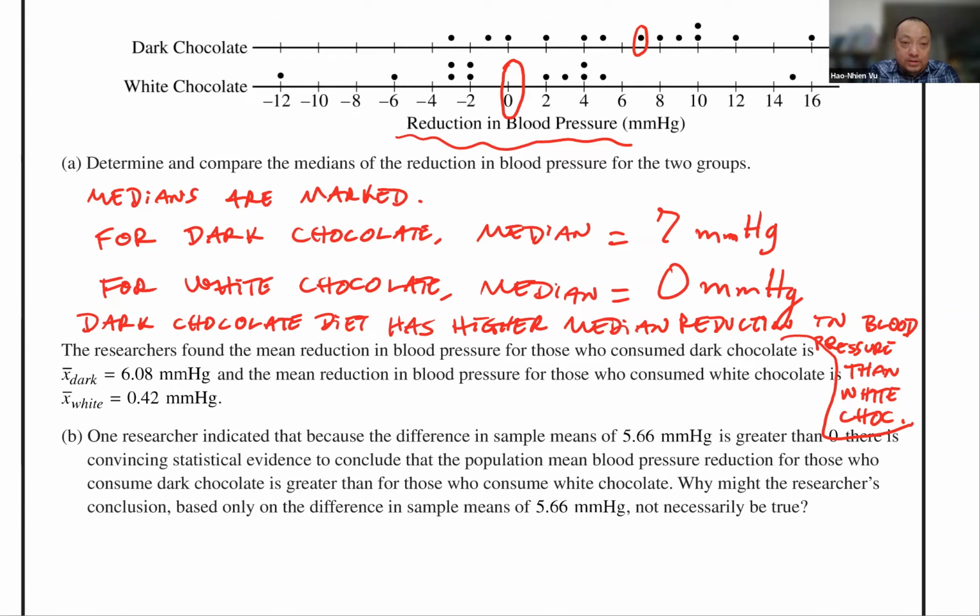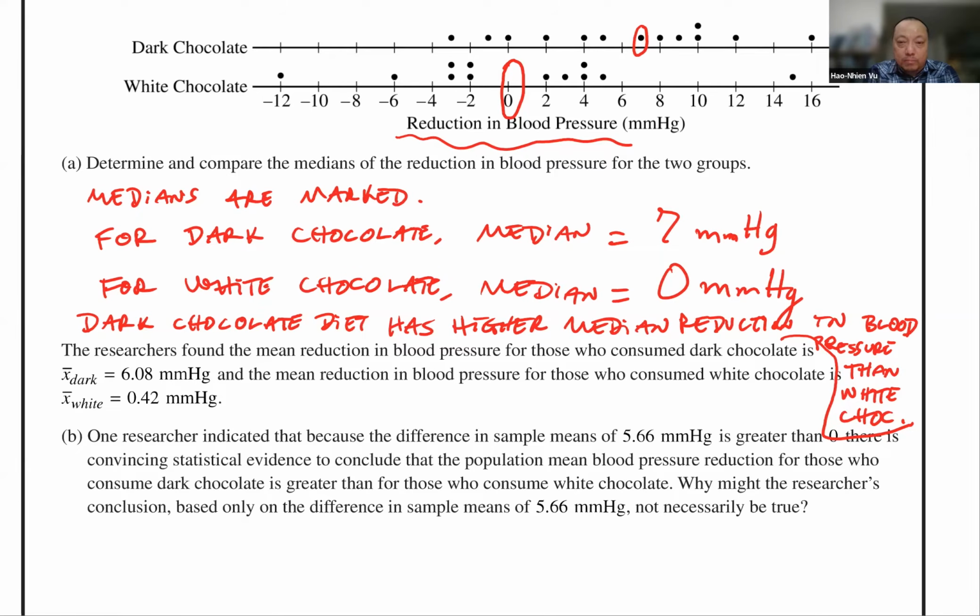Part B, one researcher indicated that because the difference in sample means, 0.66, is greater than 0,